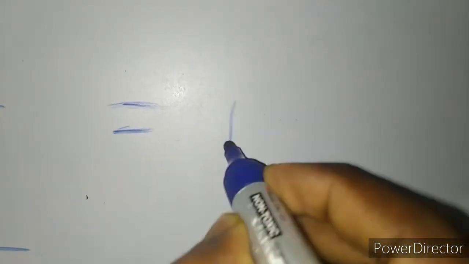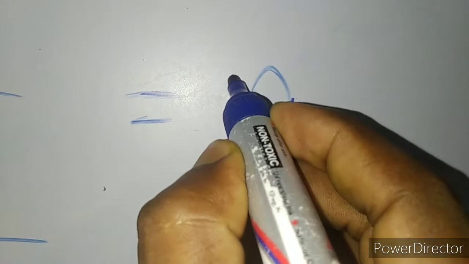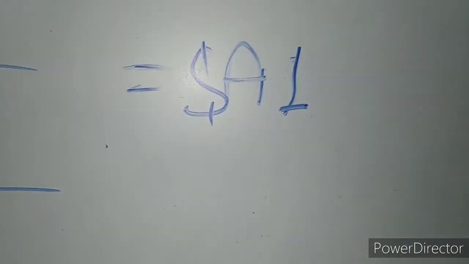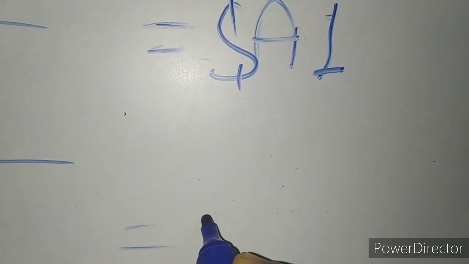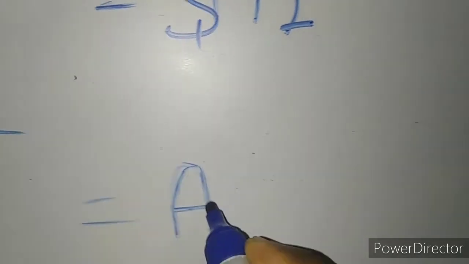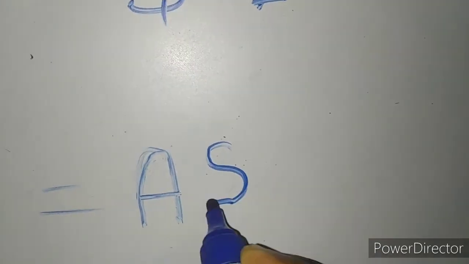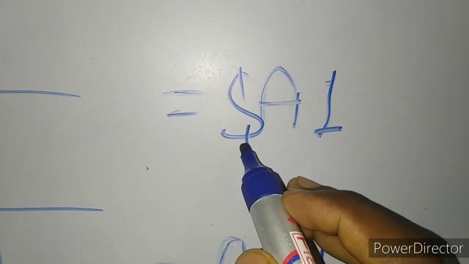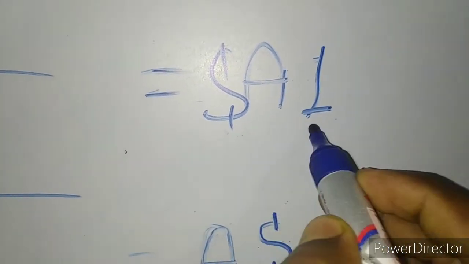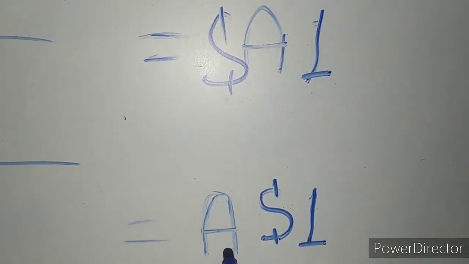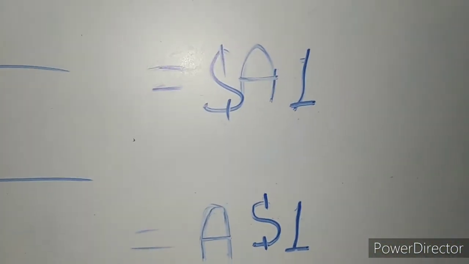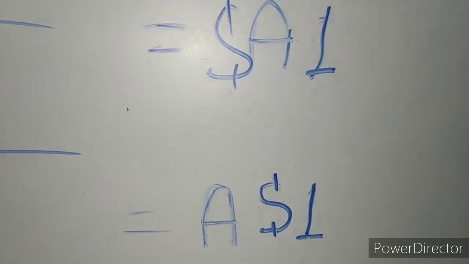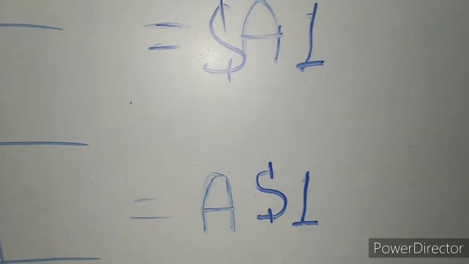For example, if we want to fix the column, then we will use $ in front of the column, and if we do not want to change the row, the row will be written without $. If we want to change the column, then the column will be written without $, and if we do not want any change in the row, then the row will be written with $. Here we can see $ has been used with the column and the row without $, and here the column without $ and the row with $. Here the properties of both types of referencing, relative and absolute, have been used. That is why this type of referencing is known as mixed referencing.